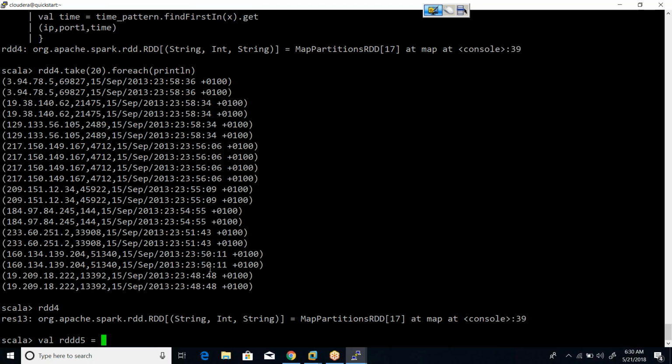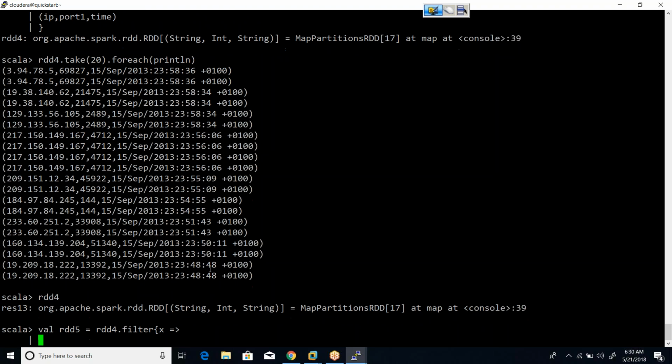RDD5 equal to RDD4 dot filter. So we have to filter out of all the records any bad records which do not follow our condition. What is the condition? The date, whatever data we have there, should not exceed the value 31. That's what we are looking for, right? So x implies x dot underscore 3, the third field. We are applying the condition on the third field, x dot underscore 3 dot